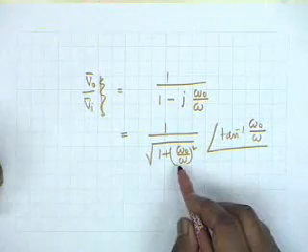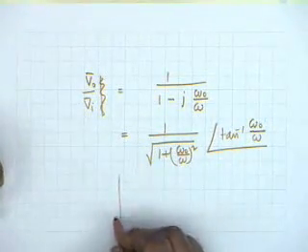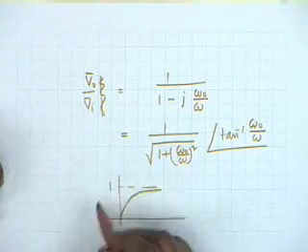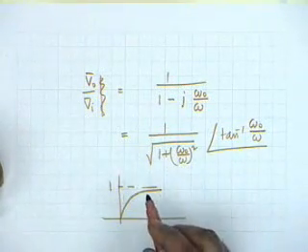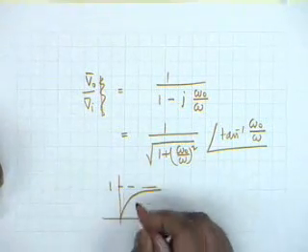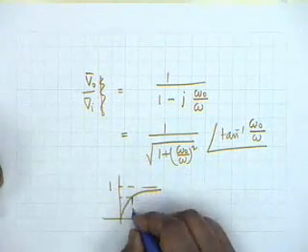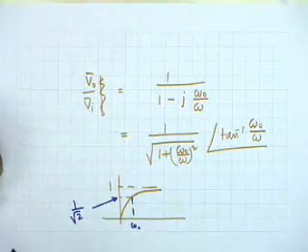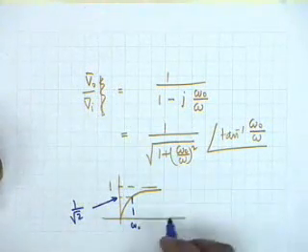On the other hand, when omega increases, the magnitude increases and reaches the value 1 at infinite frequency. When omega is infinity, the value is 1, and therefore this also behaves as a high pass filter. Now if I take the frequency omega 0, at omega 0 the value of the magnitude is 1 by root 2, and therefore the power in the resistor becomes half of the power at